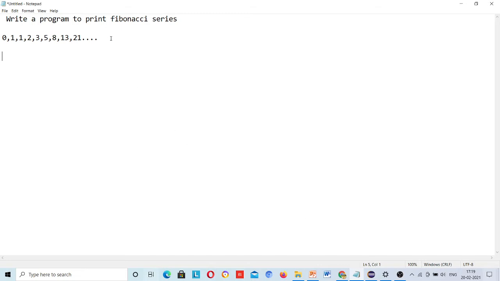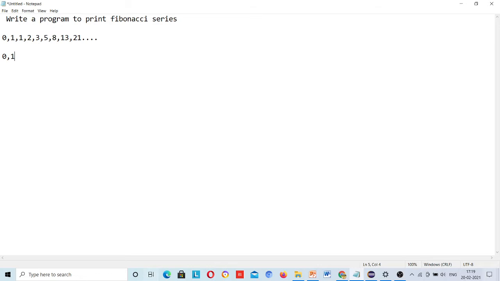So how is this series coming? Actually, the Fibonacci series is formed from the previous value plus the current value. Initially you should have some numbers, then later numbers you can find with the rule of the series. Here suppose initially I have the values 0 and 1. This can be from anywhere, but initially I am considering 0 and 1.